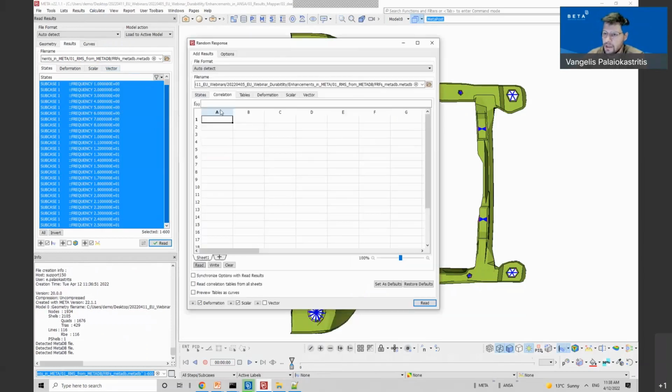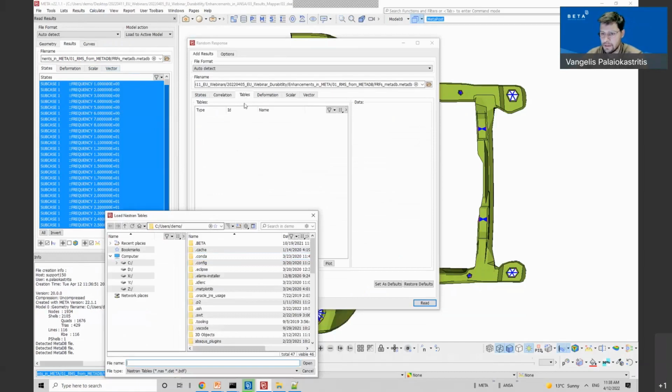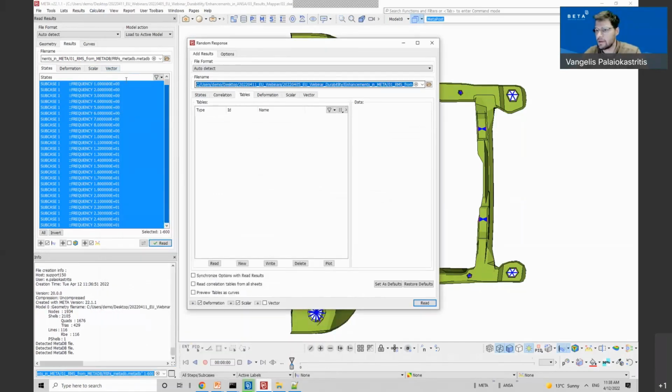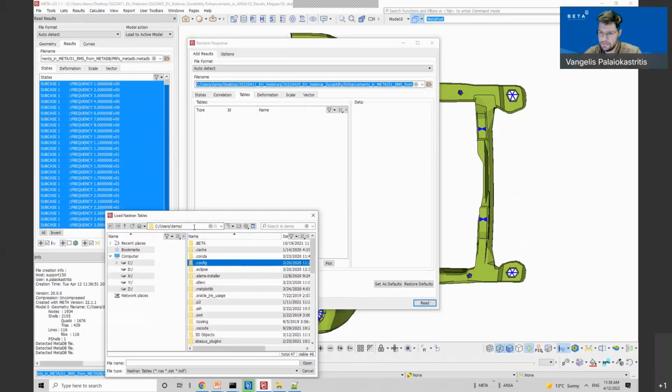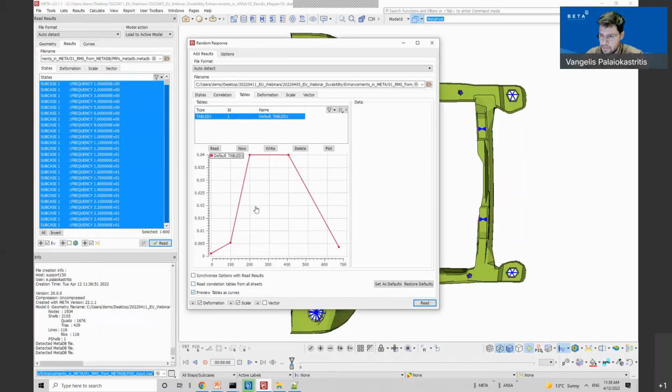Here on the next tab, I need to define a correlation, the correlation table, and the PSD input. So I will read the PSD and preview it. So this is my PSD.